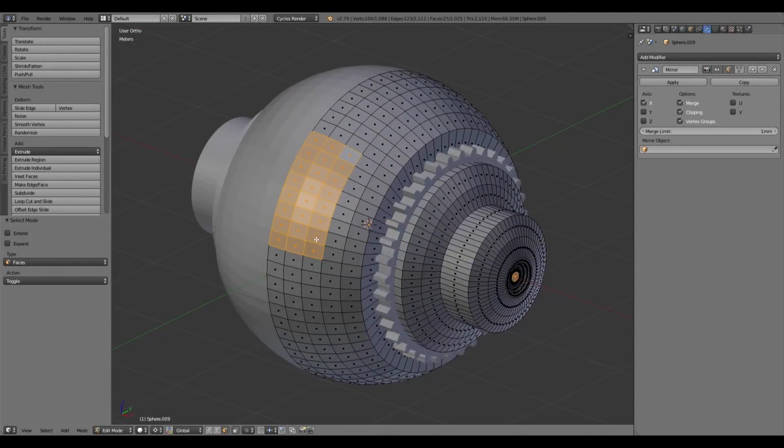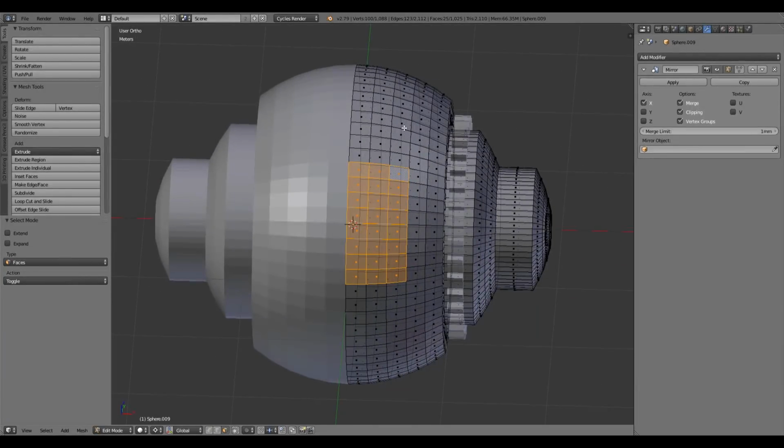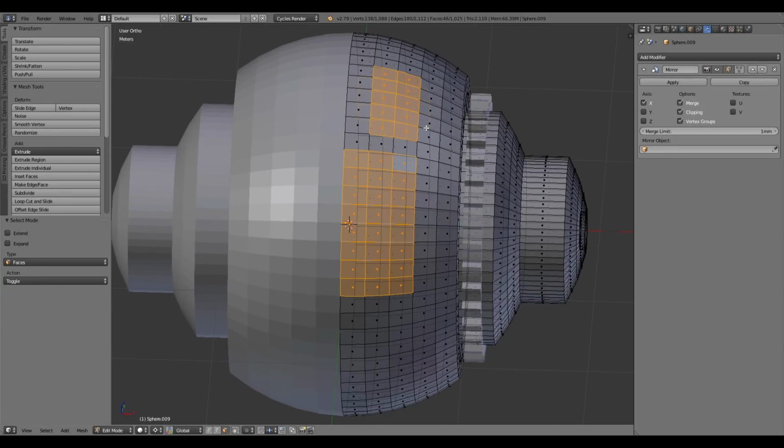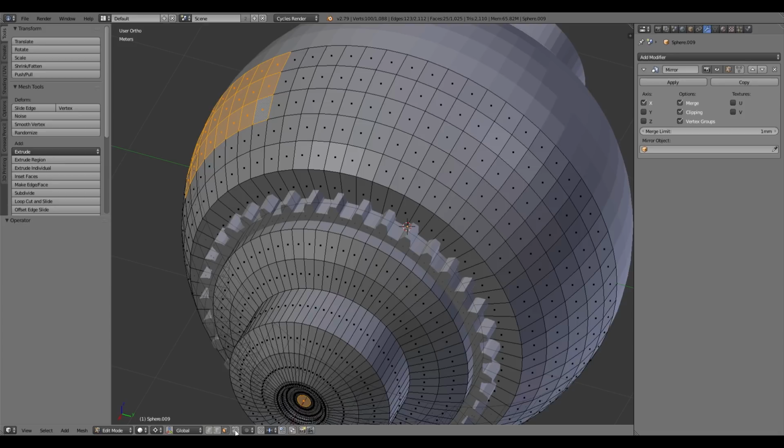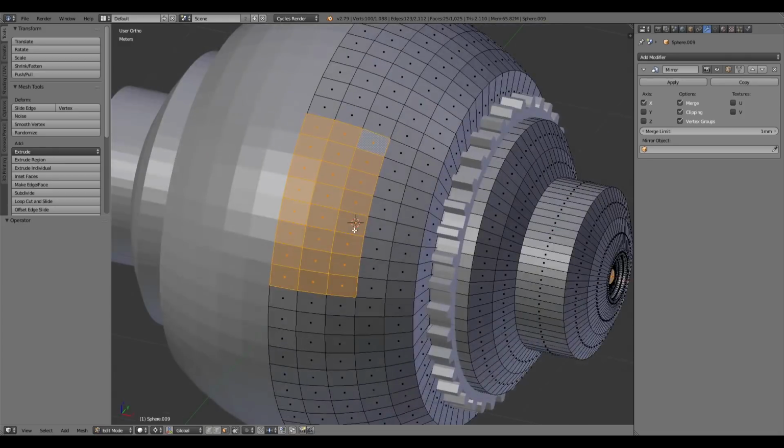Yep, that's right. The way you prevent that from happening is down the bottom, there is a limit selection to visible. If we unselect that and we do a selection, this is what happens, okay? Because you can sort of see through the mesh and it selects everything in that angle. We don't want that. So you click this button, limit selection to visible, and it clips that to only what